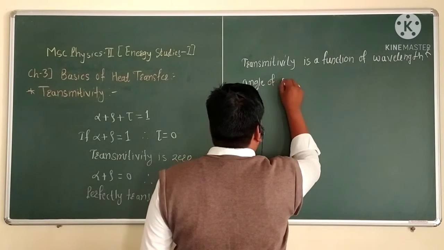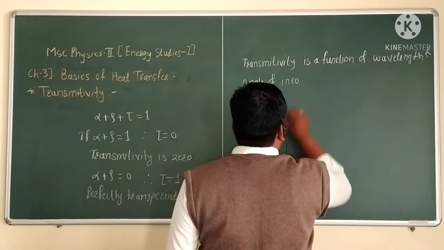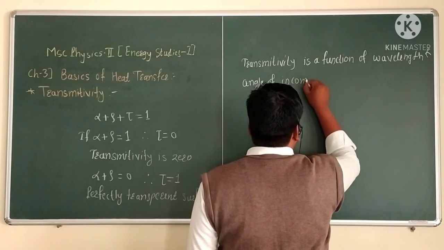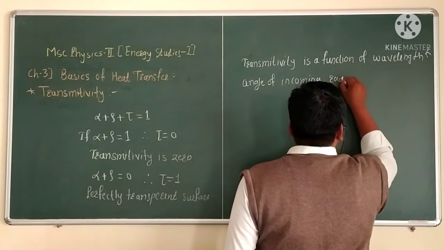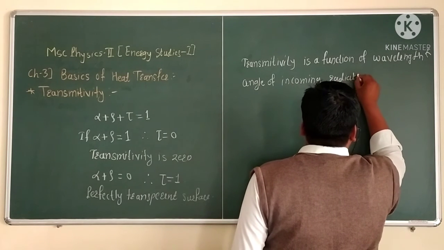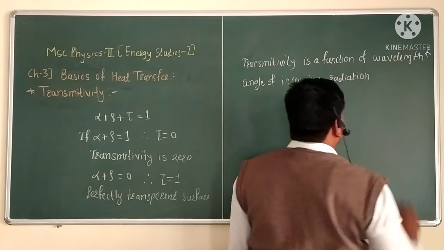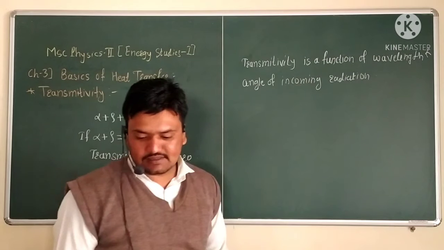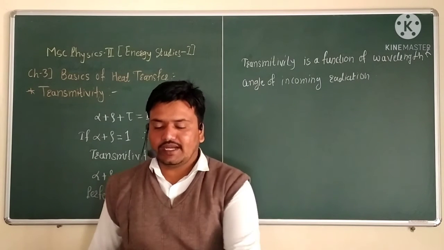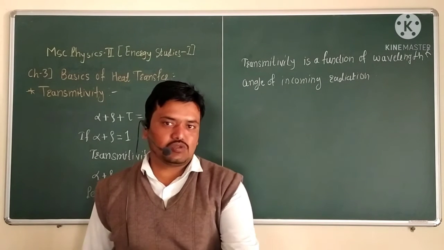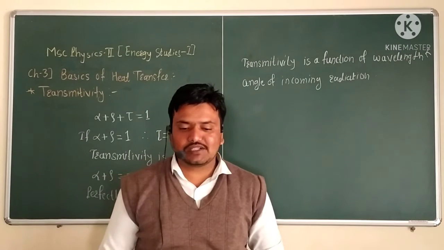So that is known as the transmittivity. We have to know that tau equal to 0 is considered an opaque surface,